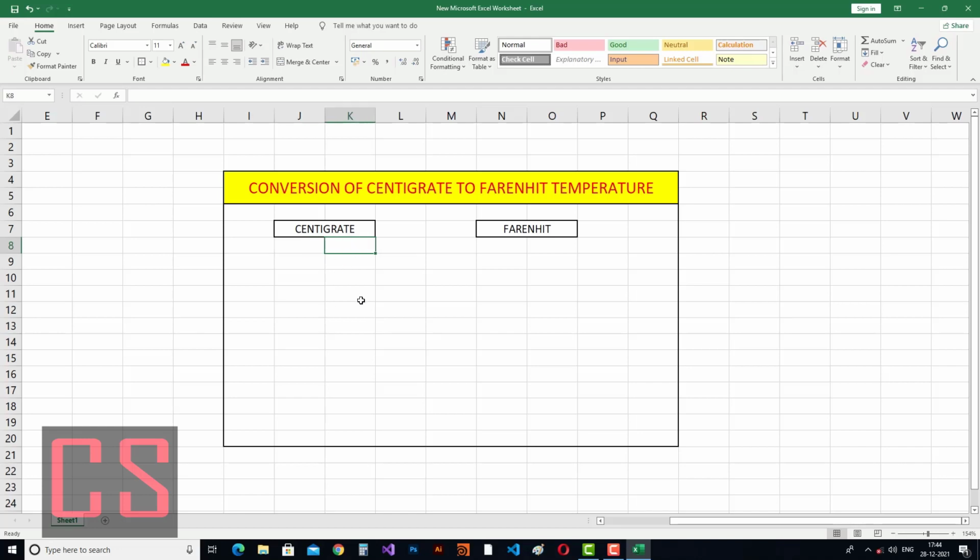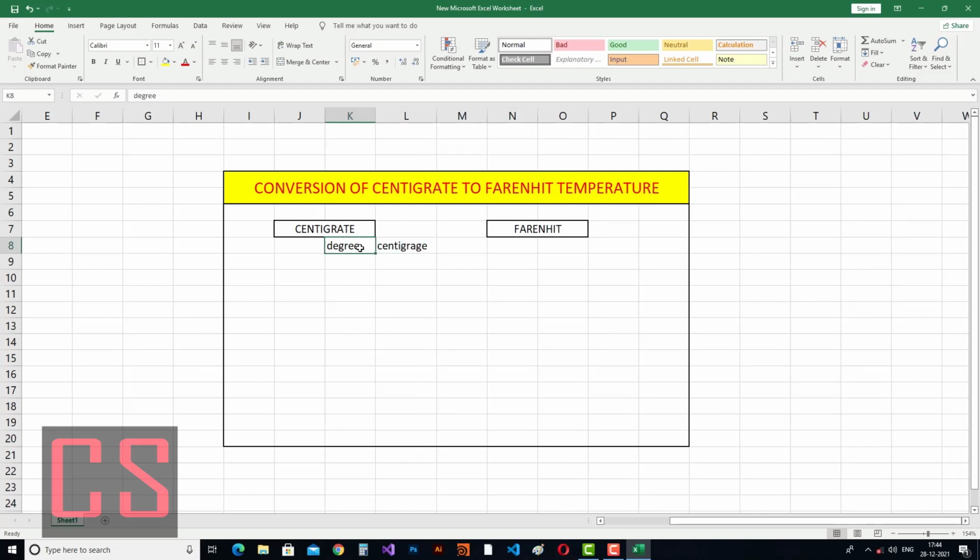So degree centigrade. Here there will be just an arrow.